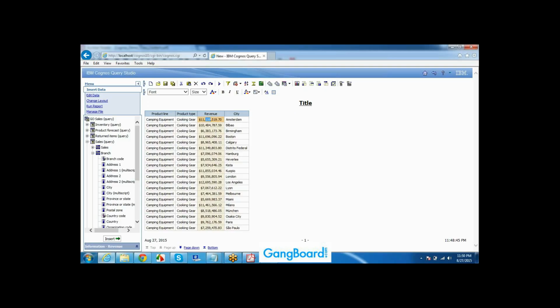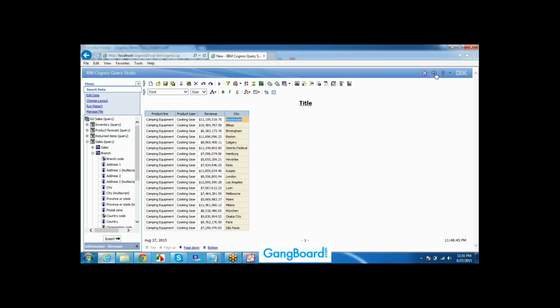You got it right, what I'm trying to say. Using this package, they can drag and drop some columns and they can see the data. That's it. For different cities, it is there. If you want, I can filter for a particular city also. If I wanted to see only this city, I can do the manipulations using this Query Studio. I have a lot of options here in the second tab, and everything we can do here.